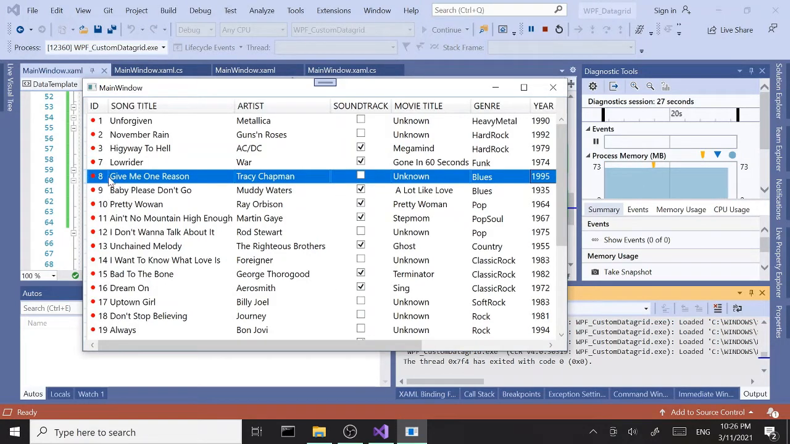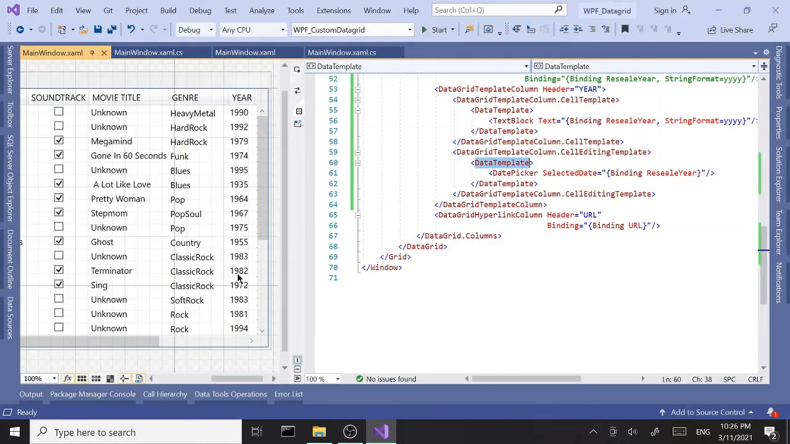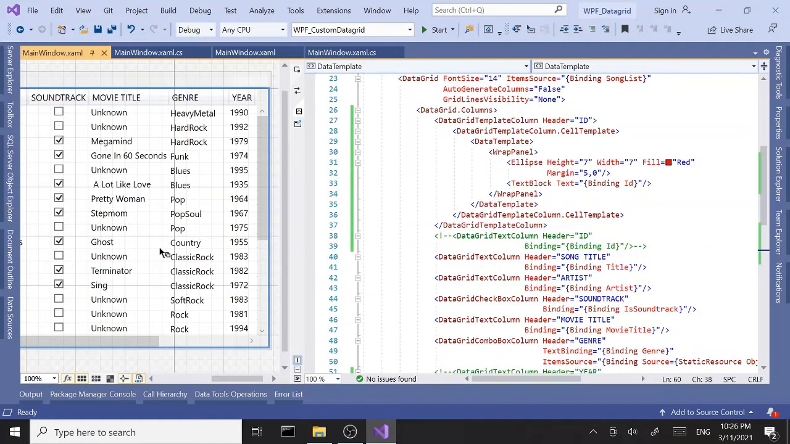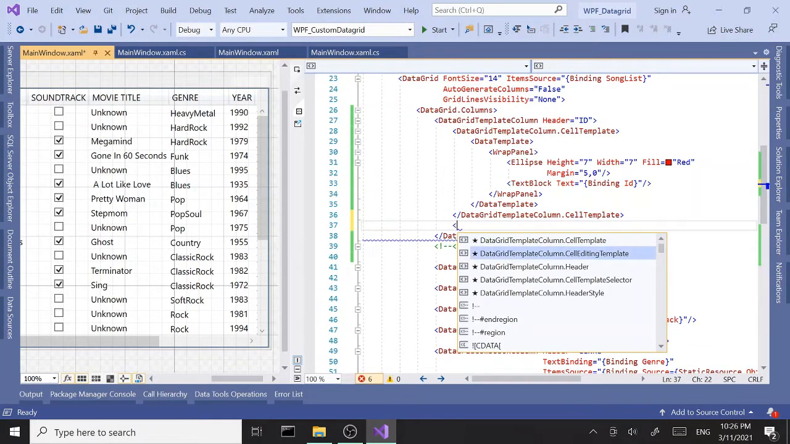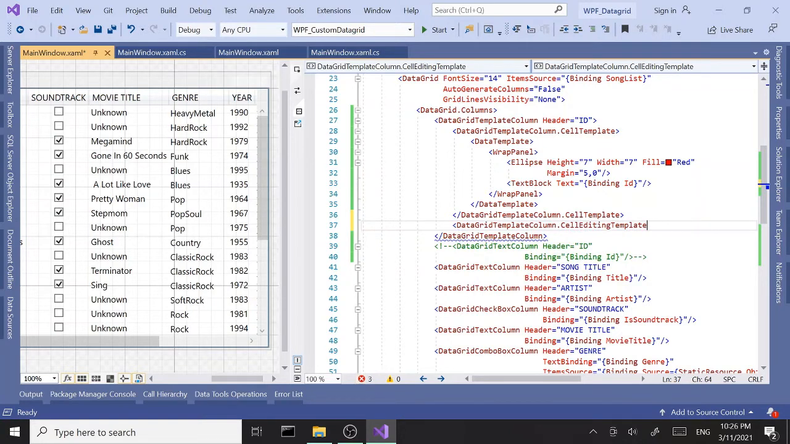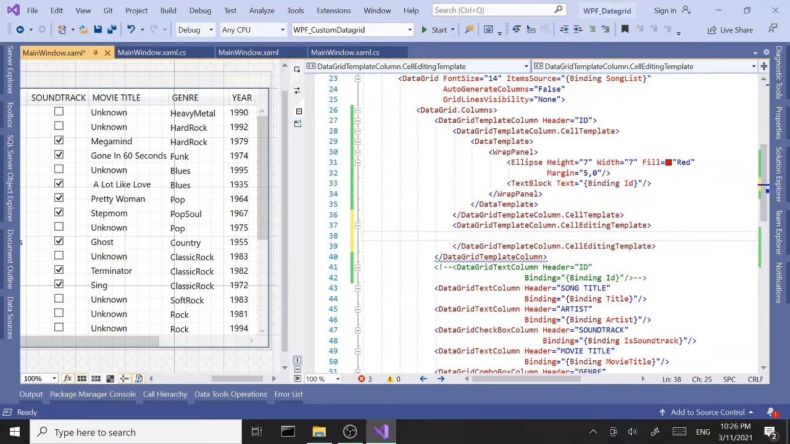And for this one here, normally I would say for ID, I would keep it as text block, but if you want to have the editing mode for that, or you want to use the template column for any of the other columns, you could just go ahead and add an editing mode as well. So DataGridTemplateColumn, that's CellEditingTemplate. All right, so DataTemplate,